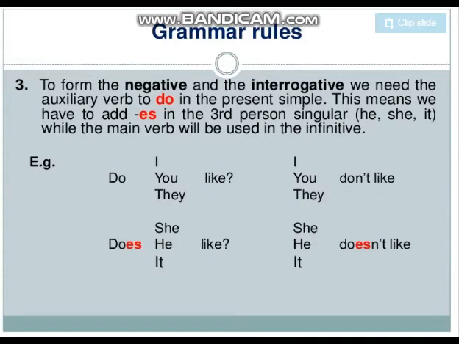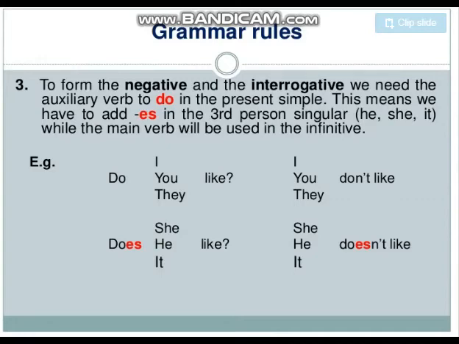Like in simple sentences we were not having any helping verb. I play, I hit, there was no helping verb in it. But whenever we use negative or interrogative sentences in this simple present tense, we get two helping verbs, do or does. So here you can see, whenever we don't use s or es, like with I, we, you, they, the plural nouns, we use do with it.